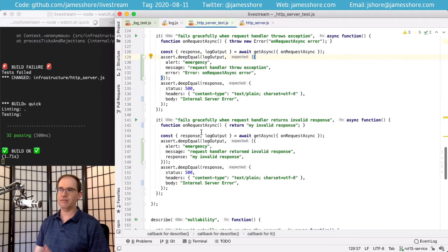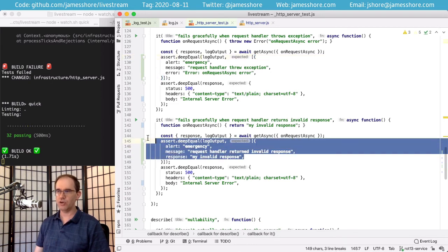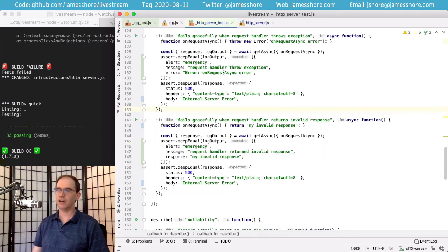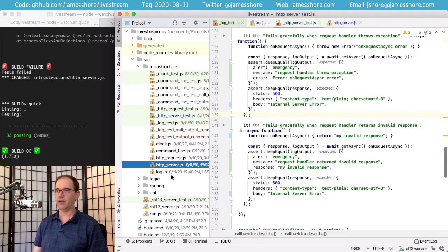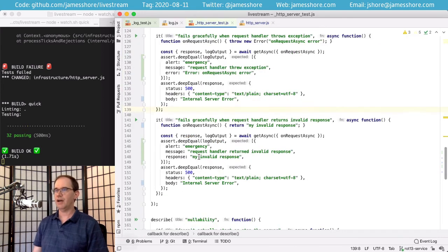Now that this log wrapper exists, testing logs is going to be so easy for the rest of the system. I'm not going to do it today because we don't have time, but I think probably in a future episode we can do more about logs. Or as an exercise for yourself, you can take a look at putting logging in. There is some logging in Route 13 server. There's the opportunity for logging in the router that we didn't do, and it's very, very easy.